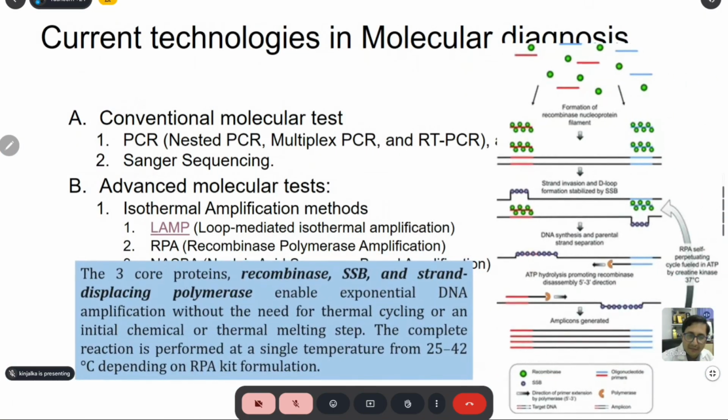Next is the RPA, recombinase polymerase amplification. It's another method of isothermal amplification where there are mainly three proteins: recombinase, single strand binding proteins, and strand displacing polymerase. They enable exponential elongation. They amplify the DNA exponentially without the need of a thermal cycling step, and they can complete the reaction in the temperature range between 25 to 42 degrees. There are different kits and different ways the amplicons are then detected with the help of various enzymes and hydrolysis through ATP,